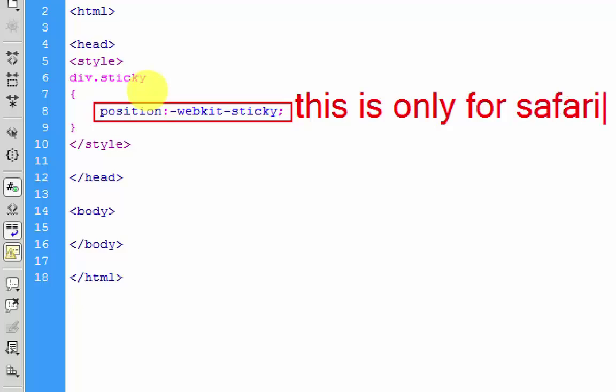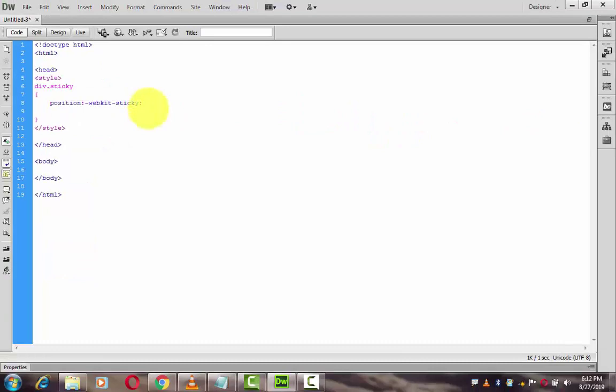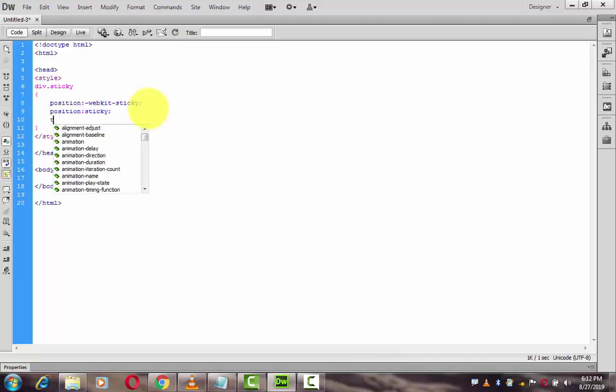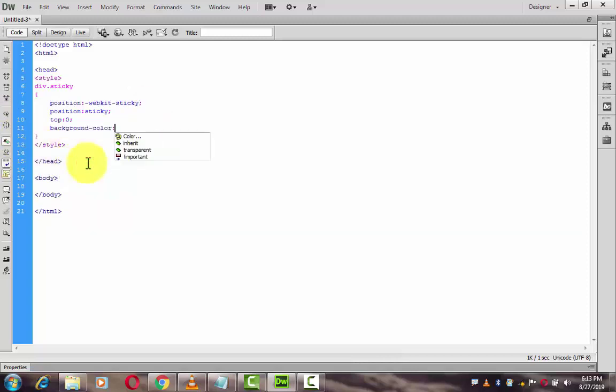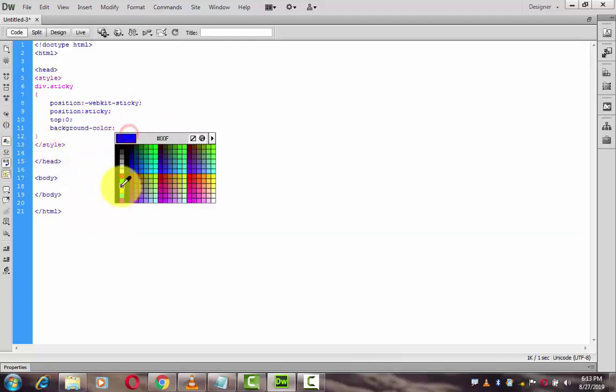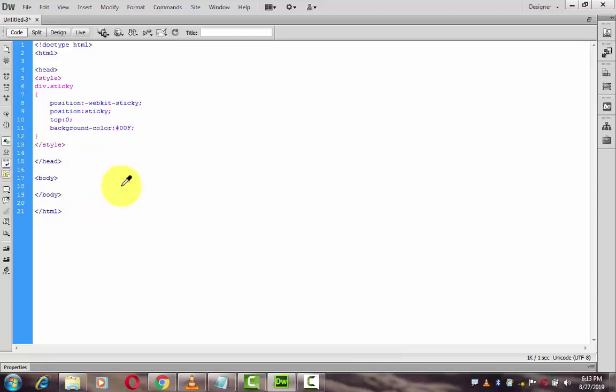So I just write it here, and after that I just use the position property for all the other browsers. So for that I just use position property is sticky. It is used for all the browsers, that is Chrome, Internet Explorer, or another browser. And after that I just write top is 0, and background color, I just select a blue color,